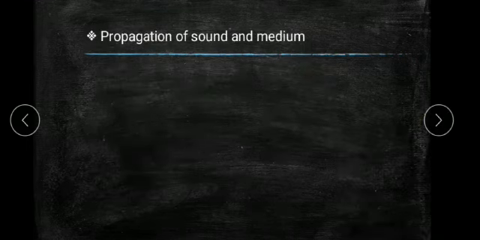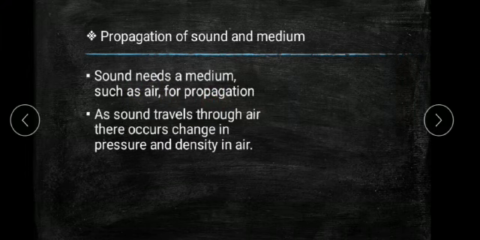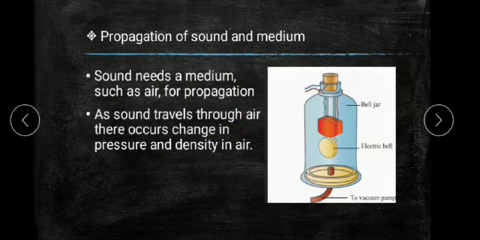Propagation of sound and medium. Sound needs a medium such as air for propagation. As sound travels through air, there occurs change in pressure and density in air. For example,